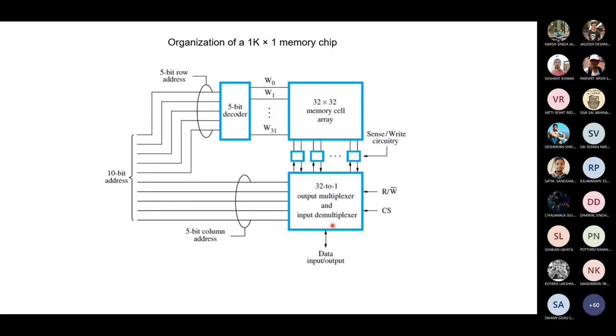So the same circuit of the multiplexer and demultiplexer can be used. The only thing is that you need to change its input output number of bits. The multiplexing logic remains the same, because when you get the 10th column for this cell, you also get the 10th column for the next cell, and the next cell. So this multiplexing logic remains the same.